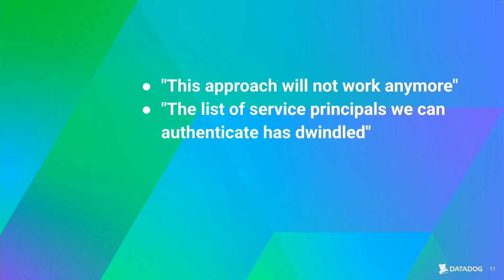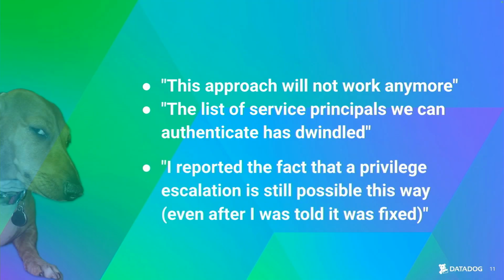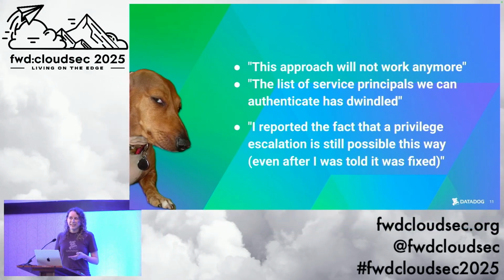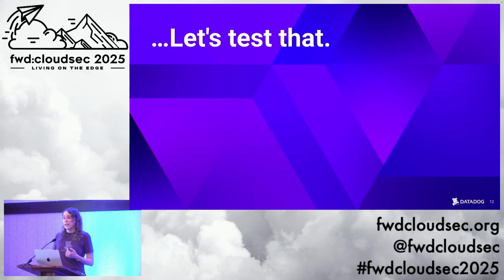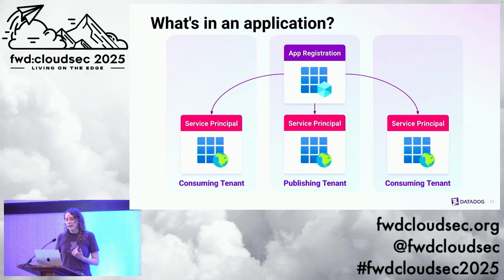You might think, based on everything we've talked about, that this is just completely fixed. It's no longer an issue, but when it was initially reported, we also saw that they said it was fixed when it wasn't, right? Are there any more gaps we can find here? I figured I'd test that out. Personally, this application model had been frustrating me for years, and this was a great excuse to dive in.